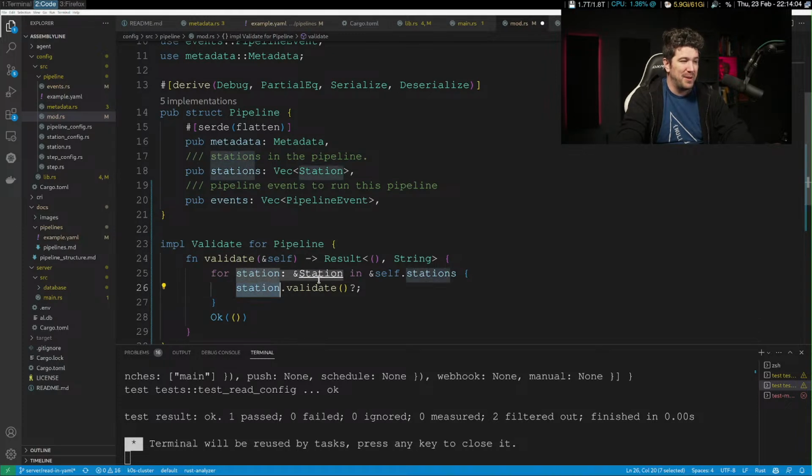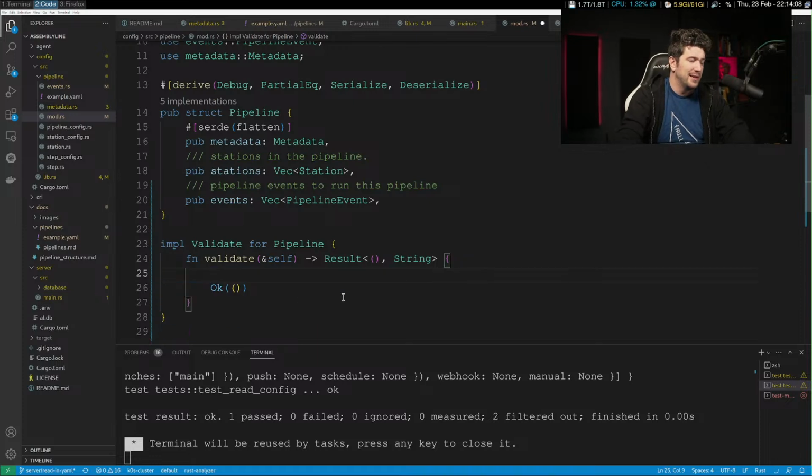And then we could basically call validate on stations if we wanted to.